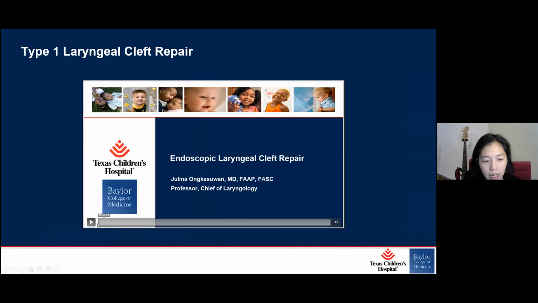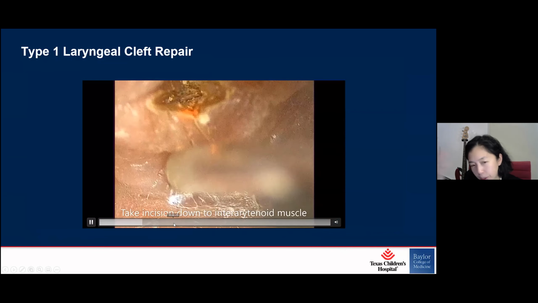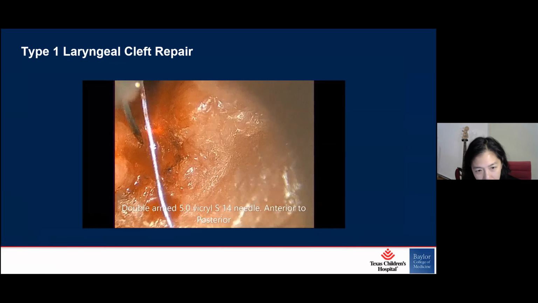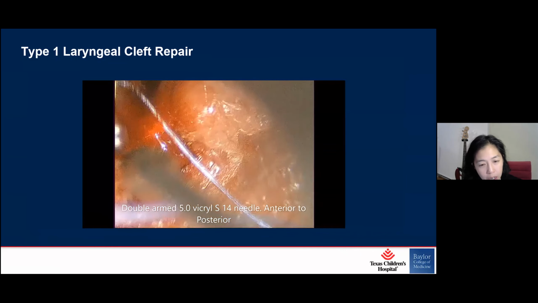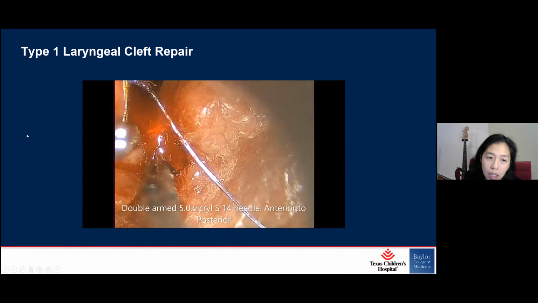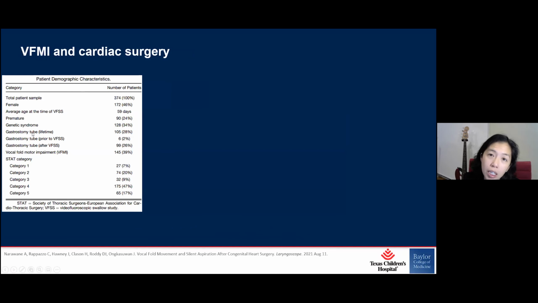And then I know this has been covered previously, but we do lots of cleft repairs. And again, our technique is not dramatically different from anyone else's. But my argument again would be that this increases the risk of lung infection. And while treating with antibiotics is important, you do worry about antibiotic resistance and the sequelae of recurrent courses of antibiotics. So again, trying to be aggressive with controlling whatever risk factors we can help with as surgeons to help out our pulmonary colleagues.